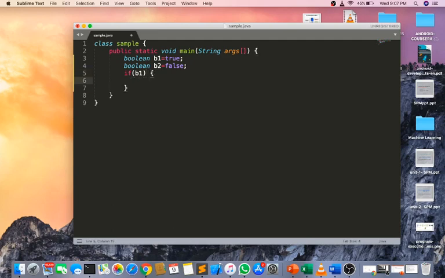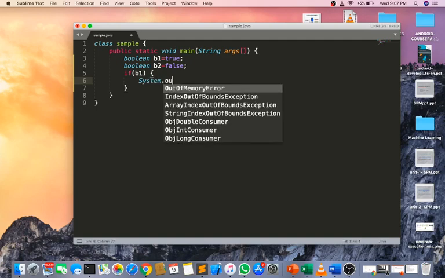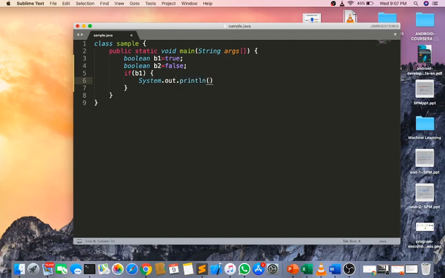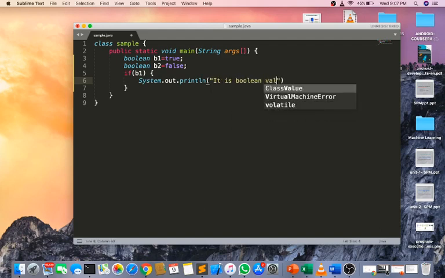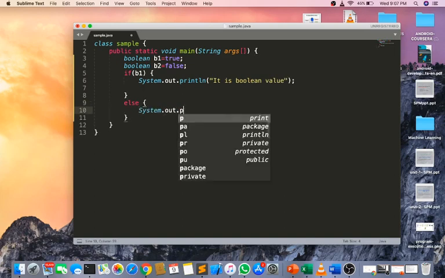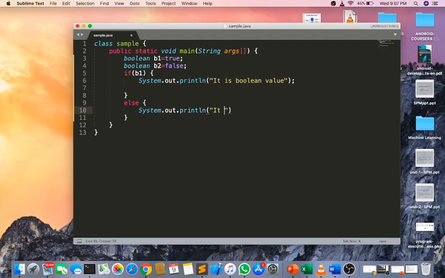If b1, System.out.println it is boolean value. Else, System.out.println it is not boolean value. No need to write b2 false, but I already mentioned it here.